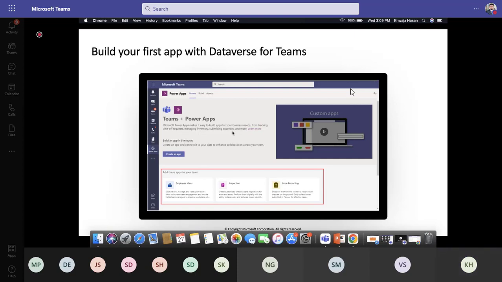This was a very big topic. From introduction to model driven app and Microsoft Dataverse, you have seen how you can create model driven app, how you can create tables, how you can create columns within your table, and the security rules we discussed, how you can create security rules, how you can add users in that security rule, and the documentation, how the details of every requirement from your client should be